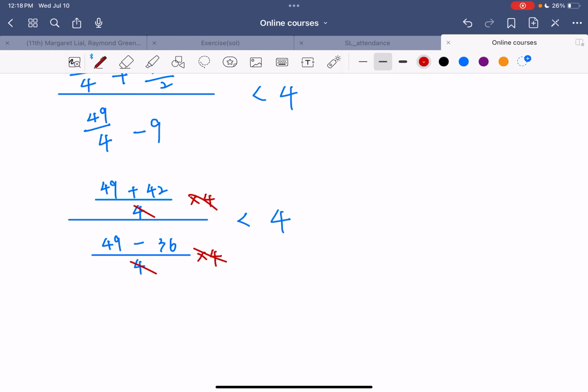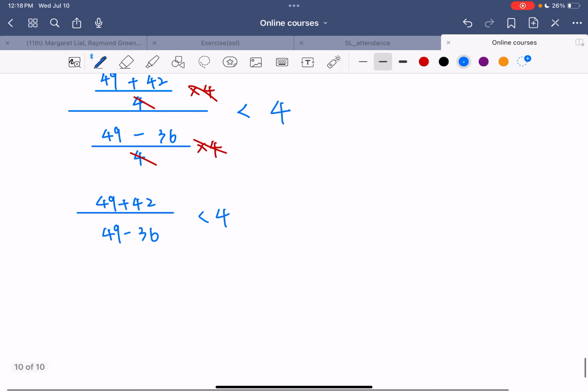And then we can write our new line, which is 49 plus 42 divided by 49 minus 36. This will still be this. And then we get 91 divided by